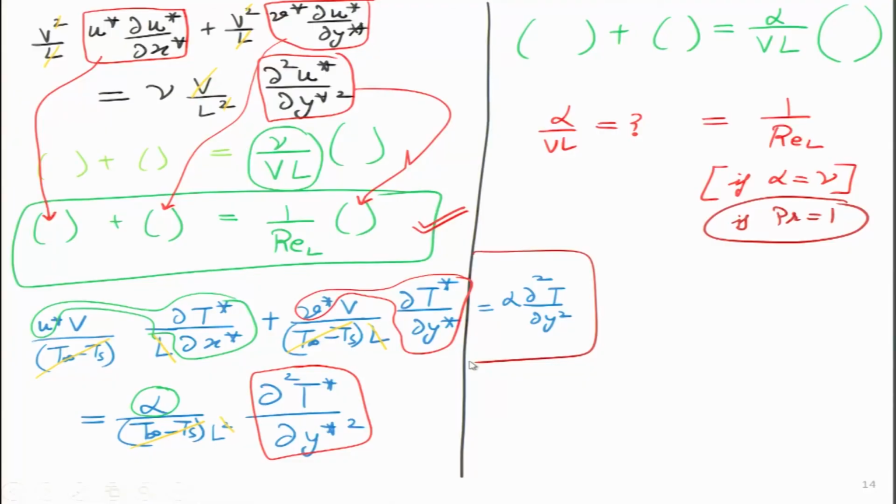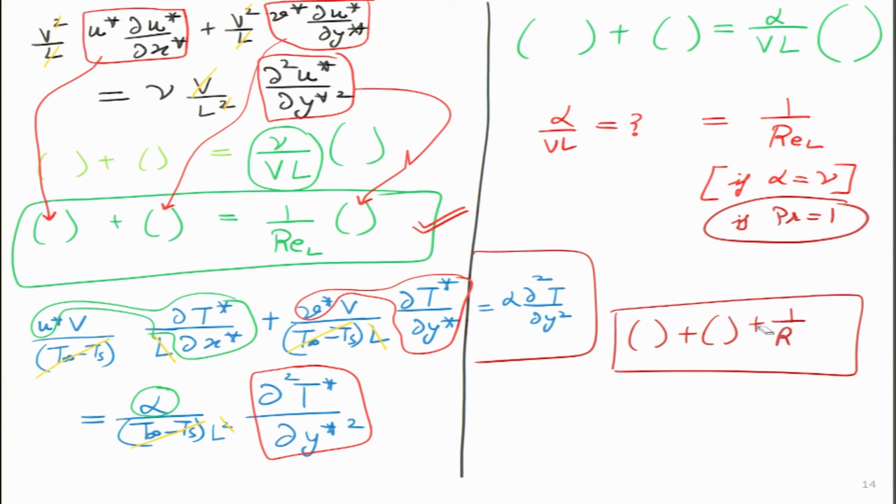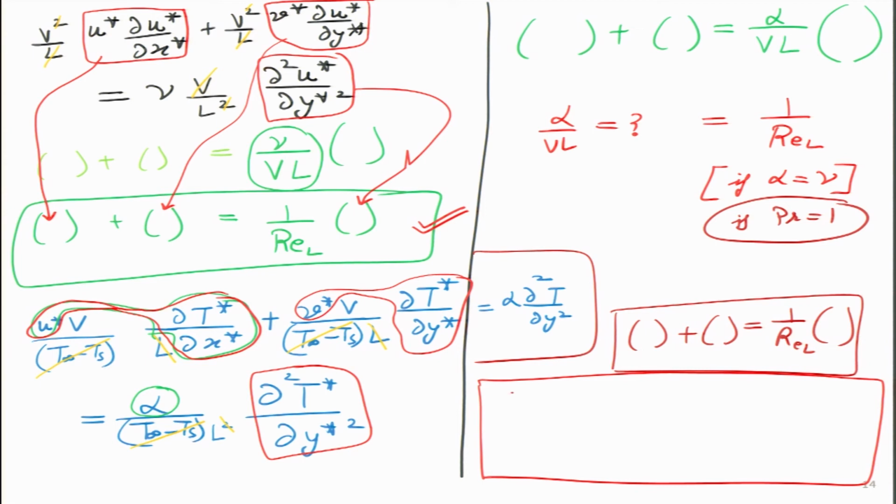Which means now this our heat equation also becomes like this. It will become first box plus second box, is equal to 1 by REL into third box. And what are these boxes over here? The first thing is this one. So, let me go ahead and write the final non-dimensionalized form. So, what I am going to write is all these boxes. So, maybe I can write it small over here. I hope you will be able to see it.